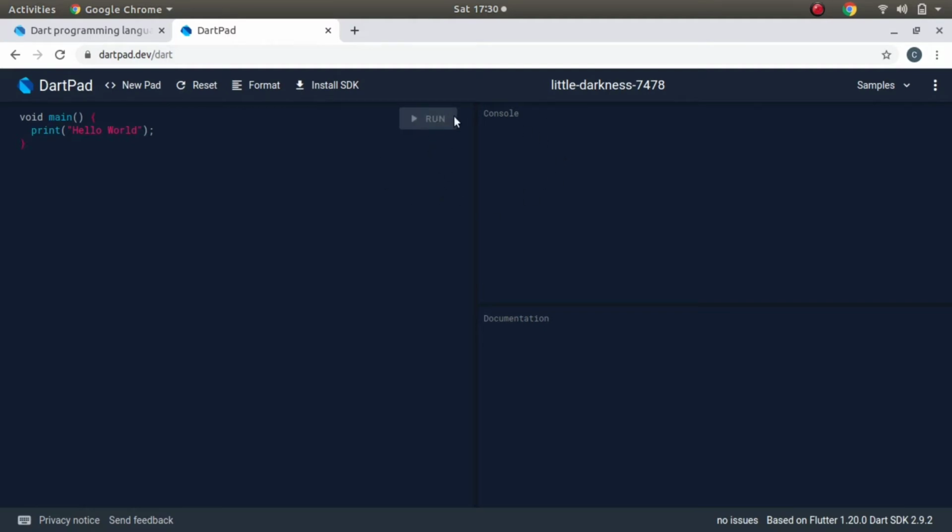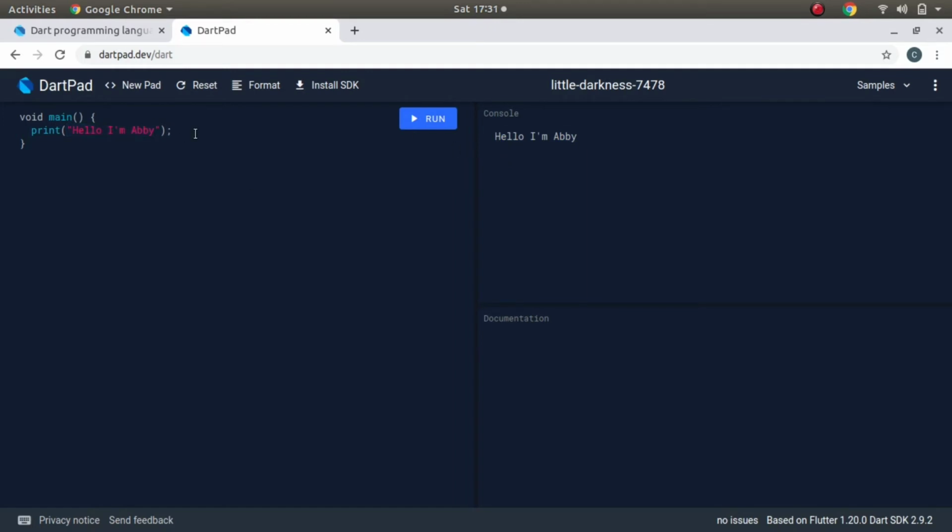Then hit this run button, and within a few seconds you will see the output that we have successfully told our hardware, our laptop or PC, to print this statement which is included in the double inverted commas. Now if I want to change it, and let's say I want to say hello I am Abby, and I hit run, it will tell the computer to print this statement, hello I am Abby. See.